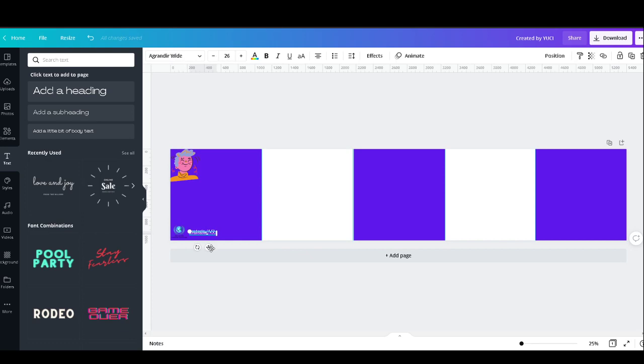Okay, here I am going to add it, and Control C, Control V. You can add it again here, created by UC.